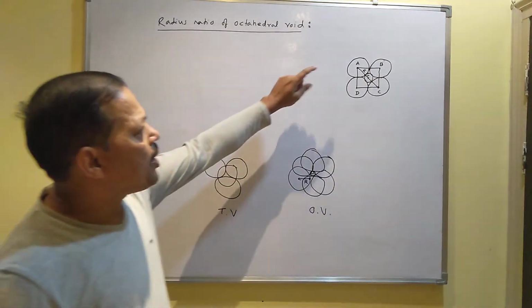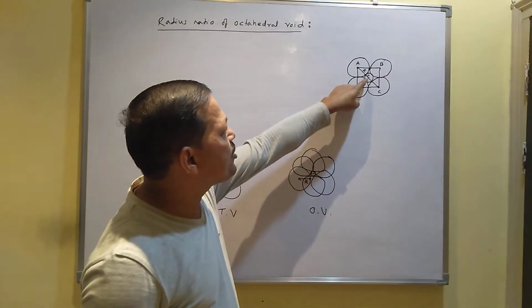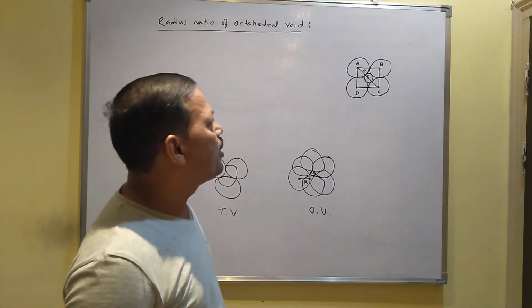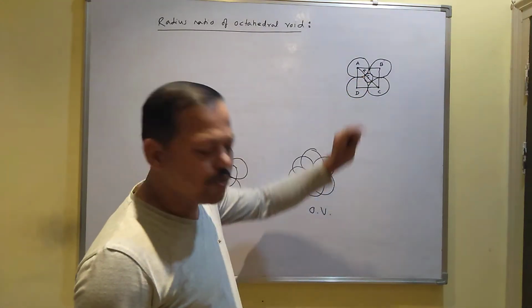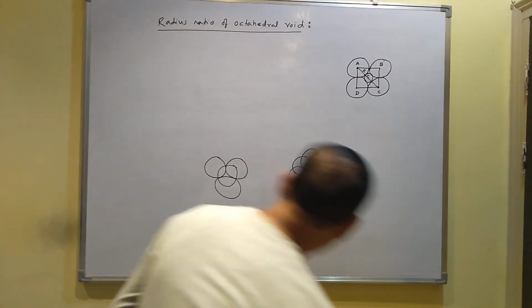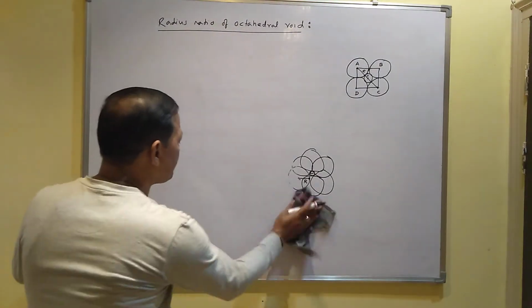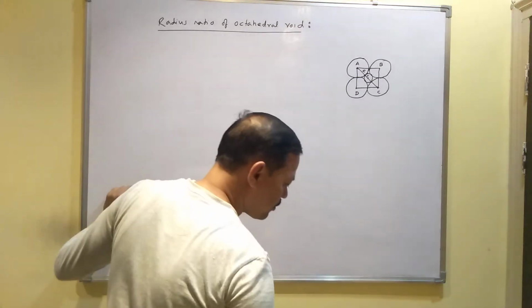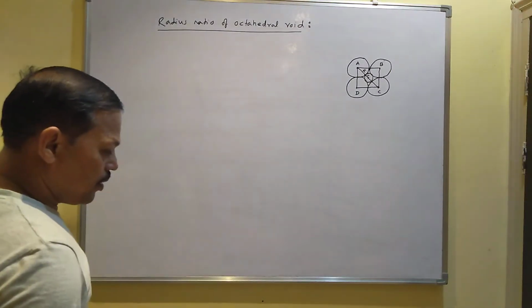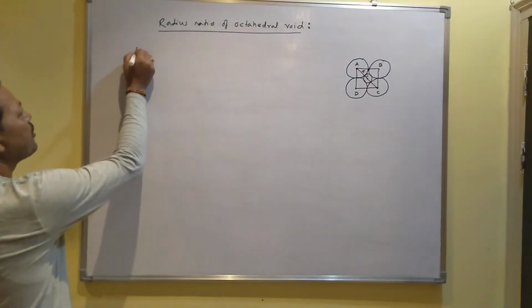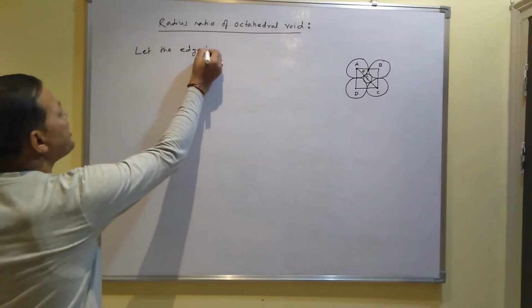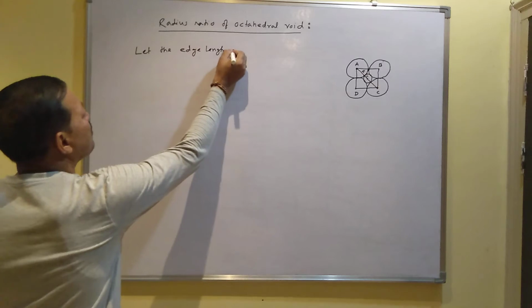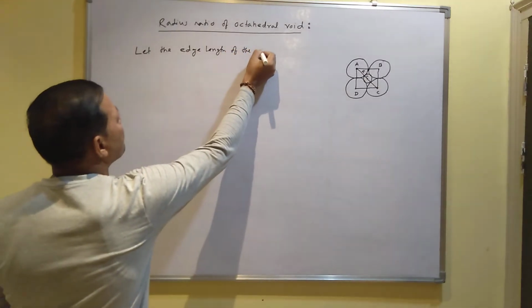So radius of particle we consider as capital R, radius of void we consider as small r. Now you have to find out what is the relation between capital R and small r. To find out this, let the edge length of the unit cell